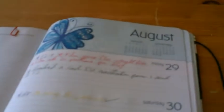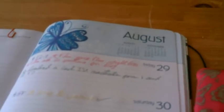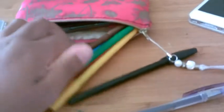And I'll talk about now, because you're probably wondering why things are in different colours, but I am very, very big on colour coding. I find it really helps me to stay organised as well, and to know automatically the different things I've got going on. So if I just empty, or attempt to empty one-handed, which isn't really working too well,